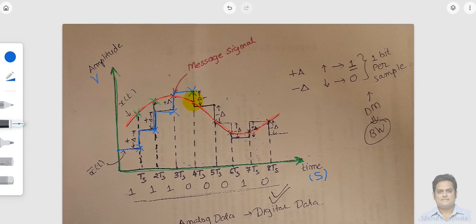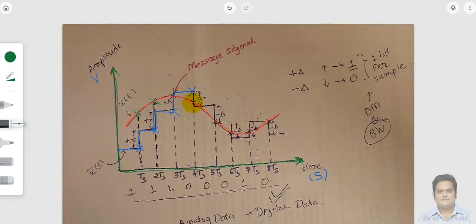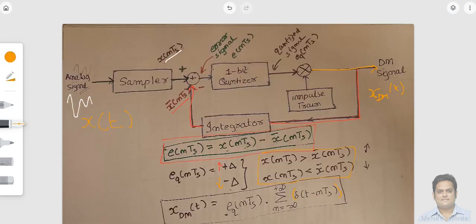This time around your x(t) is right here. Let me draw it for clarification. Here is your x(t) and here is your X bar of t. Now the condition has been flipped. If you remember, if x(t) is less than X bar of t, we are going to go in the downward direction.